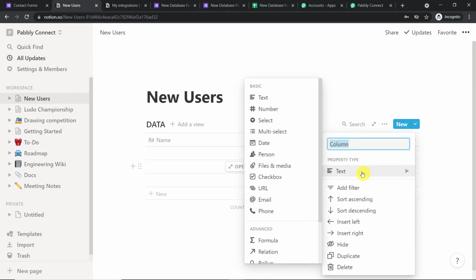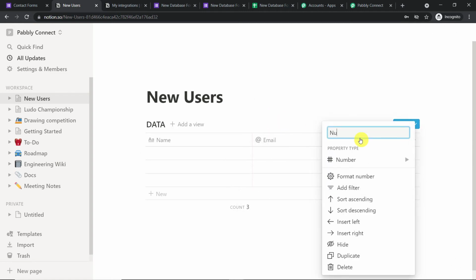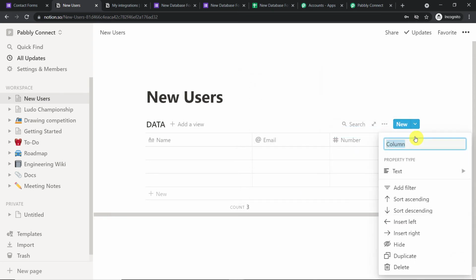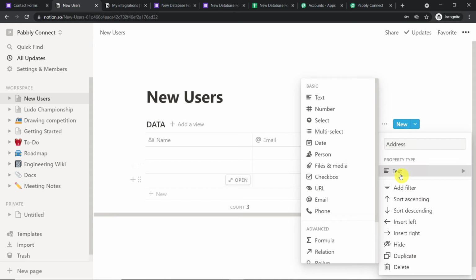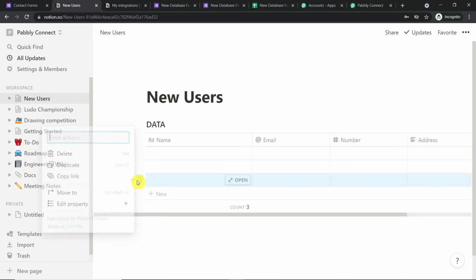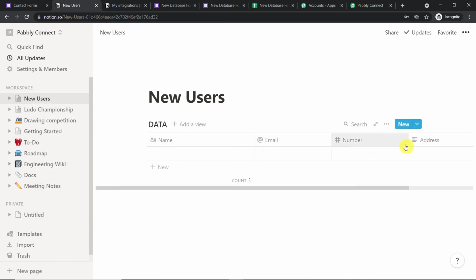And then let me just add the column. In the third column, we will have the phone number. Okay, so the phone number, and let me just add the number. And in the fourth column, I think it should be the address. So once again, address, and we are going with the text. Text it is. Okay, so we have created some columns: name, email, number, address. So let me just delete the rest of them, because we want the data in the top shelf.